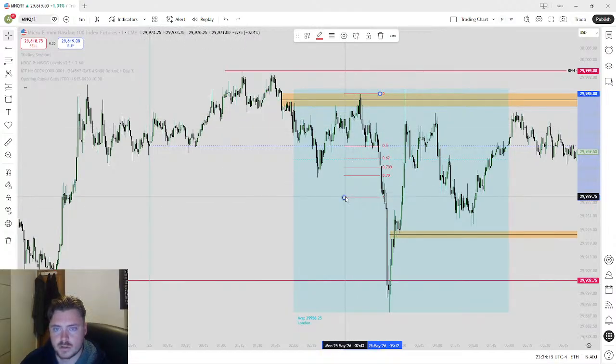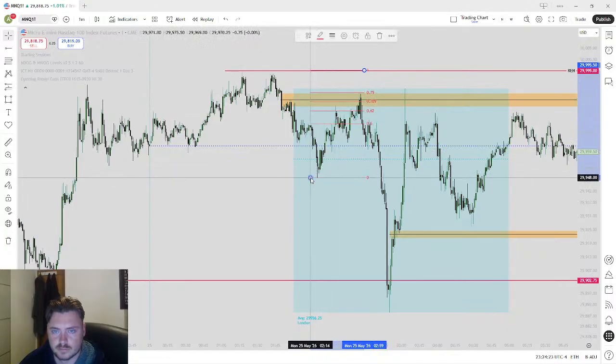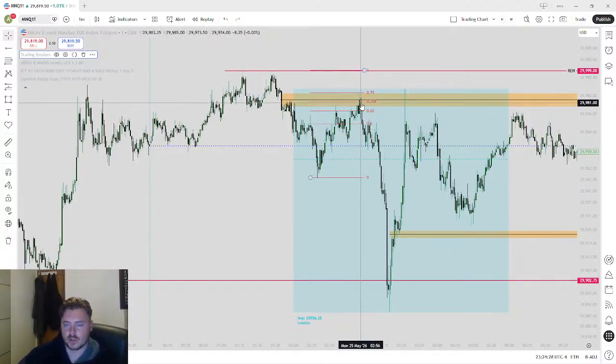So if you flip this around, okay, that's where you're now targeting your liquidity, your inefficiency to liquidity. That makes sense. With that dealing range, you're within 0.79 deep premium, optimal trade entry 0.709, 0.62, again premium. You enter here